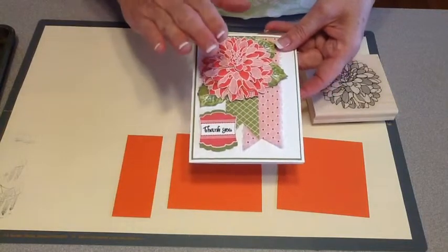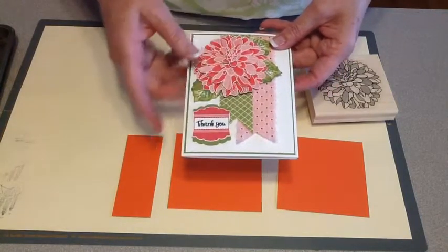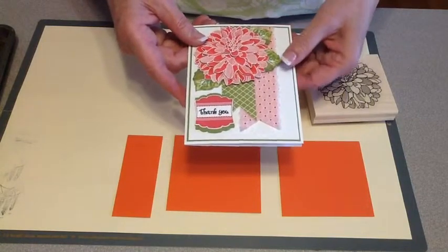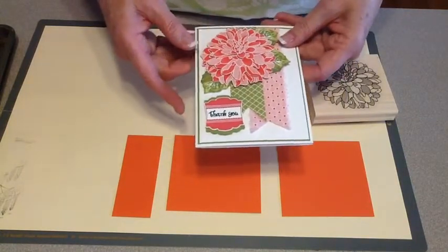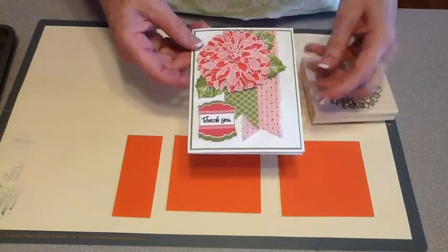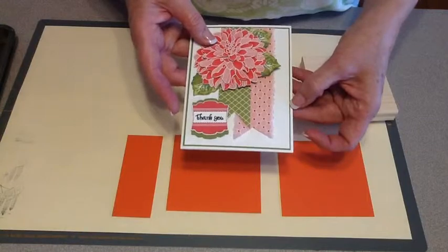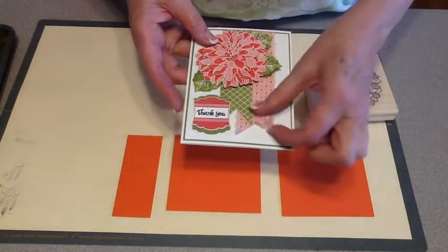This one's done with Strawberry Slush and Old Olive. But the one I'm going to do today, I'm going to do with Tangerine Tango and Gumball Green. It's a little bit brighter color for spring. It's on a Whisper White card base with a layer of green and a layer of white that's embossed with the Elegant